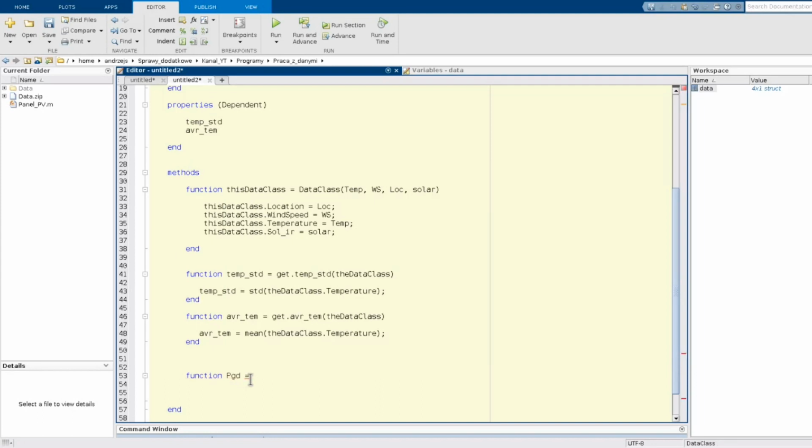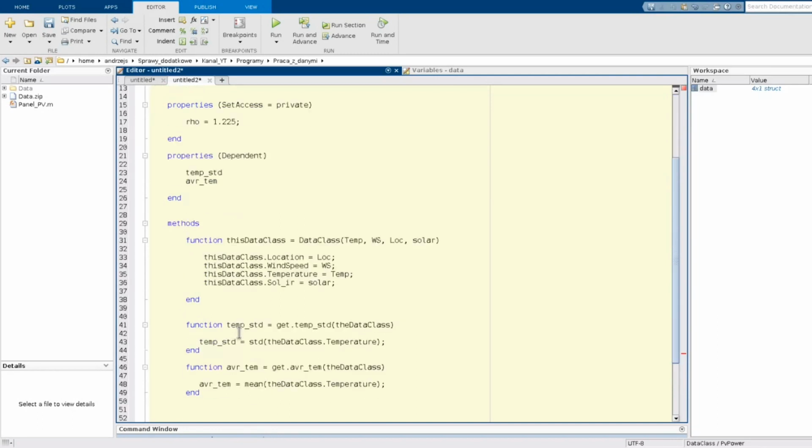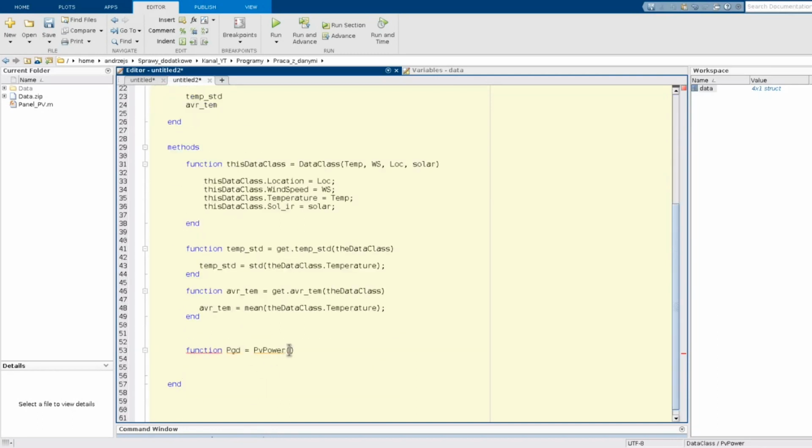It will be clear in a second. PV power. This is the name of the function, and this function will of course have access to all fields of this object. So I need to use the data class.